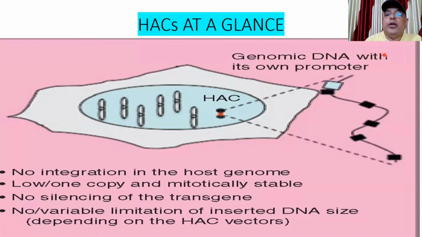So you see here genomic DNA with the shown promoter. As I have told you earlier, not only longer stretches of DNA can be carried here, but adjacent regulatory elements will also be carried. So here you have a very long stretch of DNA with a promoter, and this is introduced inside the human artificial chromosome, and it will lead to expression without any deleterious effects, as mentioned here.